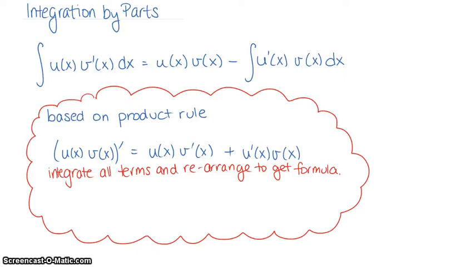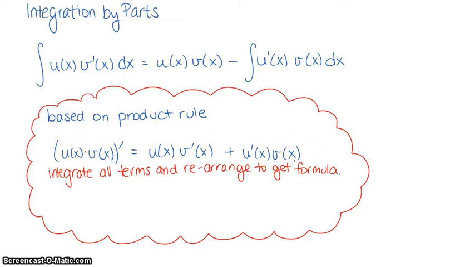Integration by parts, we're going to basically come up with this formula up here. It's based on the product rule. When we take the derivative of two functions being multiplied together, in the textbook they use u and v, you could call it f and g if you prefer, we know that we'll get the original function u of x times the derivative of the v, in this case, plus the derivative of the u of x